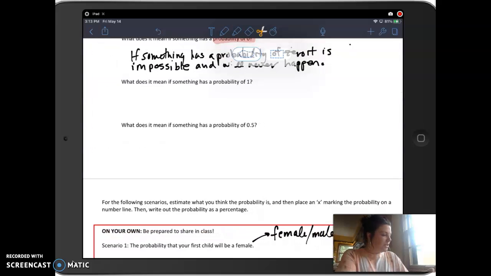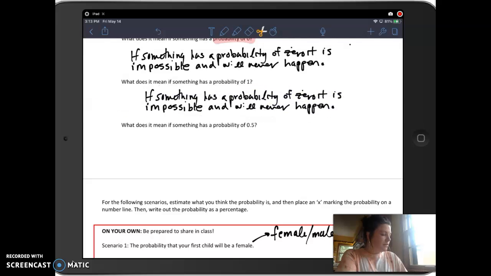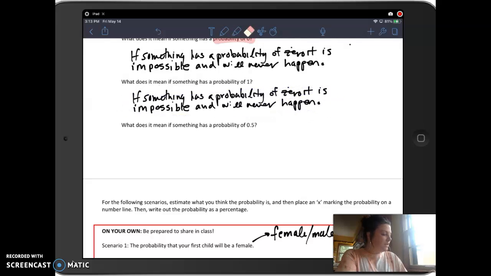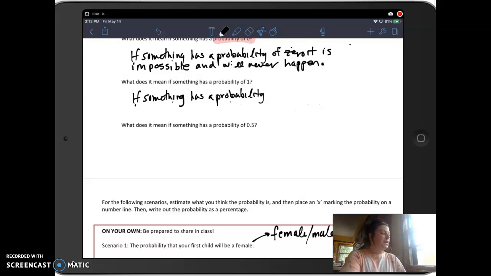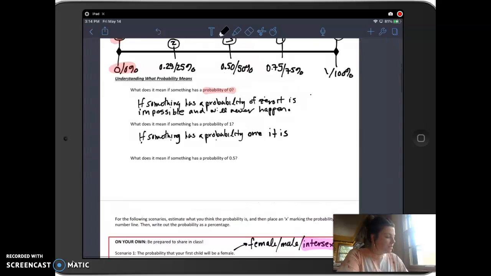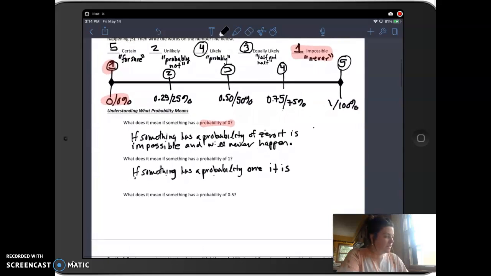All right, and I'm going to cheat here, and I'm going to kind of take this and reuse it as a template. Copy, paste, there we go. So the next question says, what does it mean if something has a probability of 1? And looking back at our notes that we just took, look at me, I'm not doing this very well, has a probability of 1, it is, and then what is the word that we used? It is certain